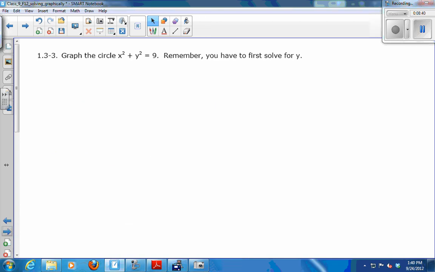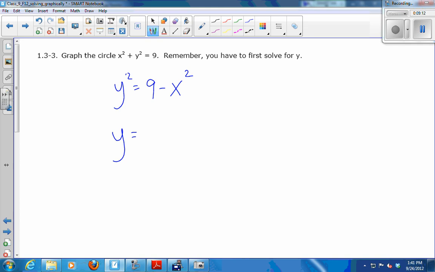Okay, so if I want to graph this circle, I have x squared plus y squared equals 9. And I'm telling you, it's a circle. So trust me over your graphing calculator when it comes up. It's a circle with radius 3. To graph this in my calculator, I have to solve for y. My calculator can only accept inputs that are of the form y equals some stuff with x's in it. So solve for y, and I get y squared is 9 minus x squared. So y is what? Plus or minus the square root of 9 minus x squared,